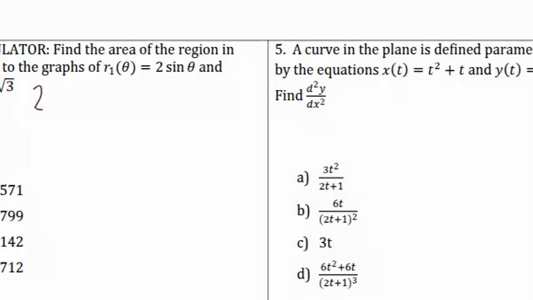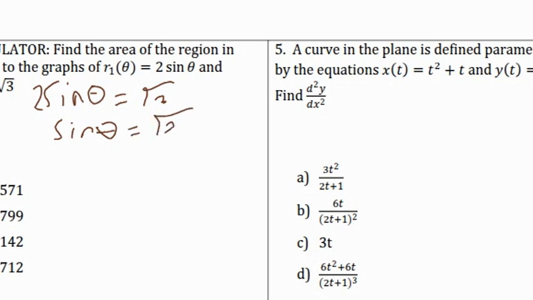So 2 sine theta equals square root of 3, sine theta equals square root of 3 over 2, and that's at pi over 3 and 2 pi over 3. And then to find the area of a polar graph, it's 1/2 integral from a to b, which we found right here,